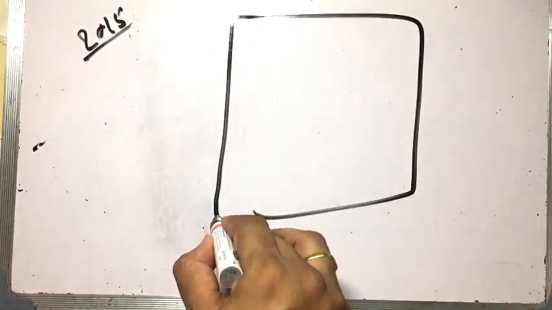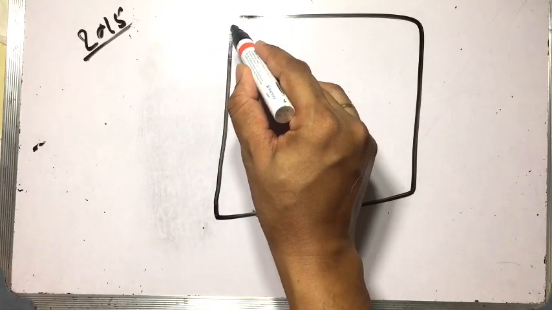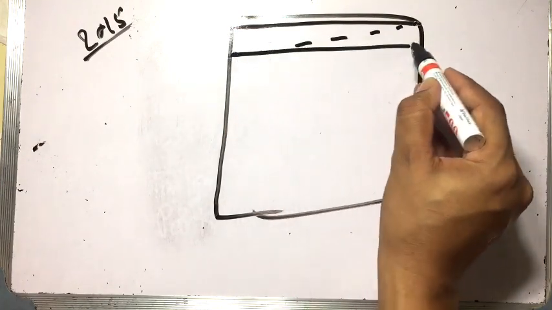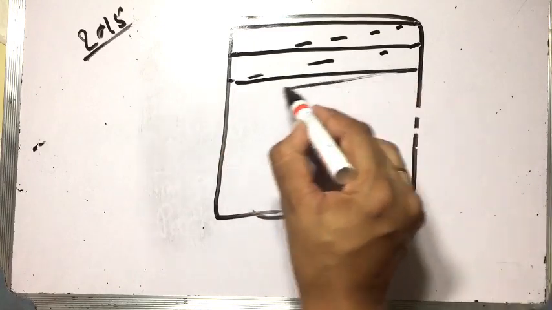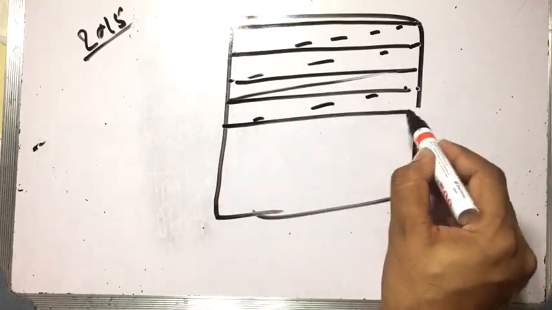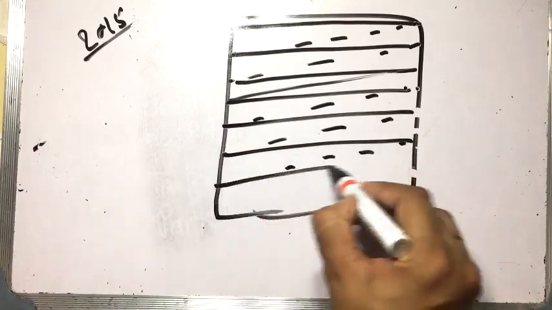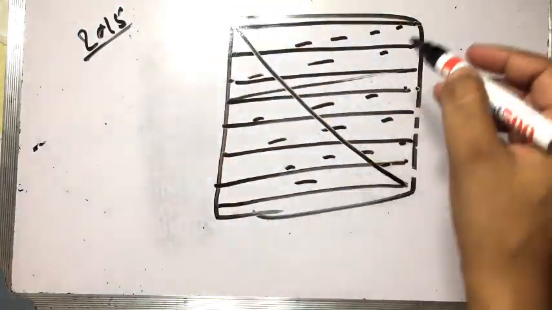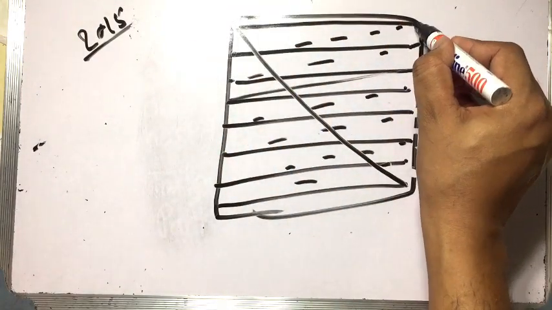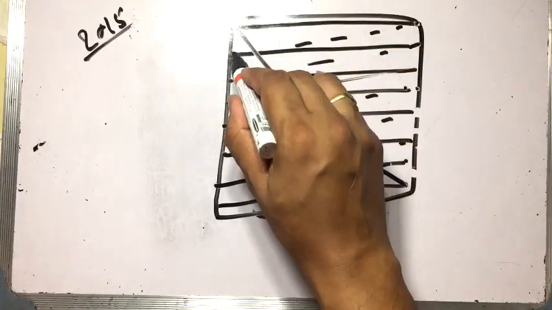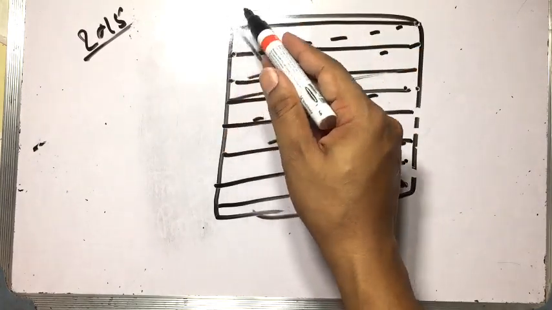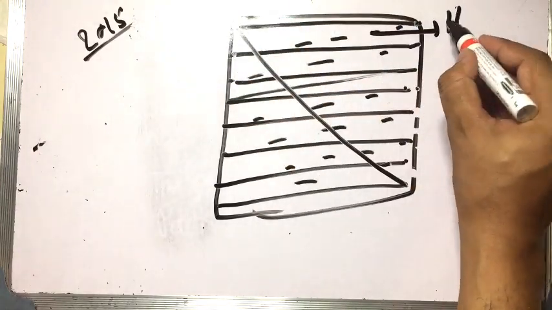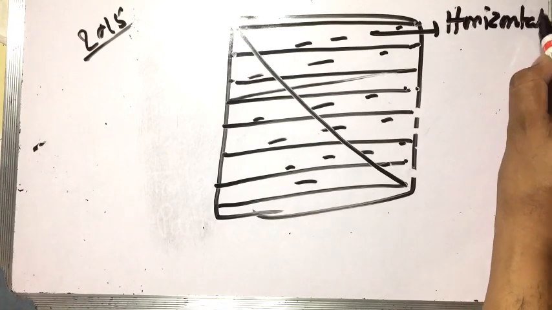Suppose this is the screen. The scan line goes from left to right, then again back to left to right, sweeping across one line at a time. Then it moves to the first position of the next line. Moving from one line to another line is known as horizontal retrace.